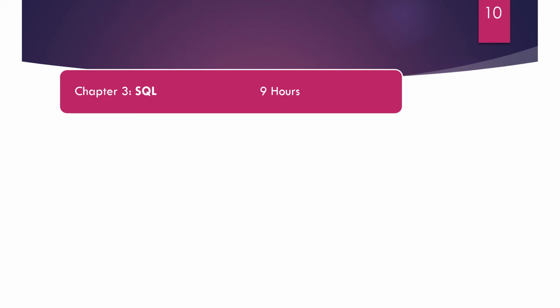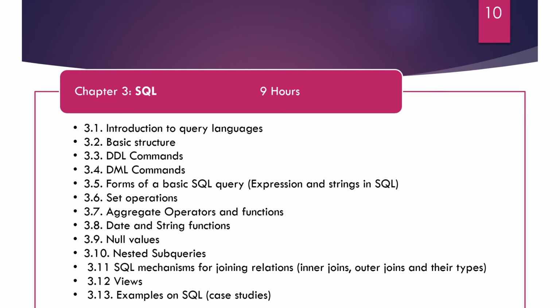Chapter number 3 is SQL, which requires 9 hours. In the previous chapter, we discussed the entity relationship model. So this ER model is converted to tables or relations. It is stored in a database. Now the system requires a more user-friendly query language. So here SQL, that is Structured Query Language, has the capability to query a database.